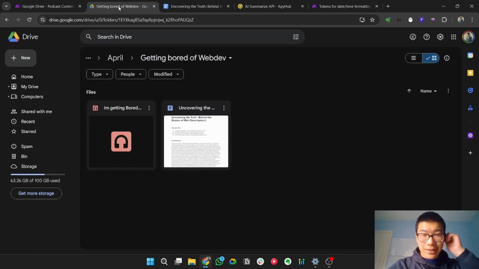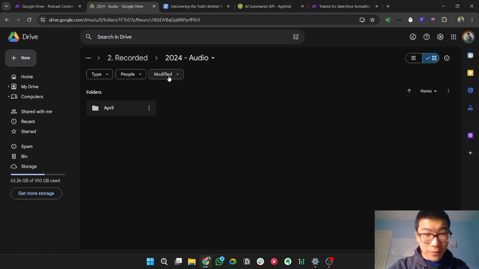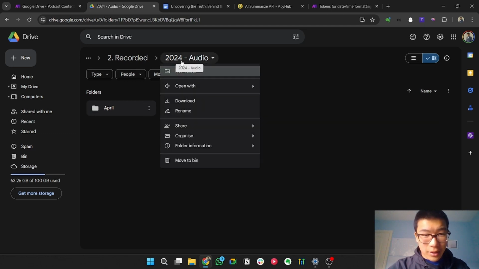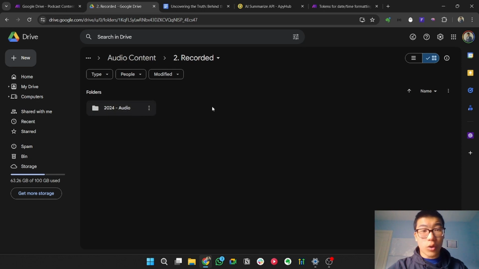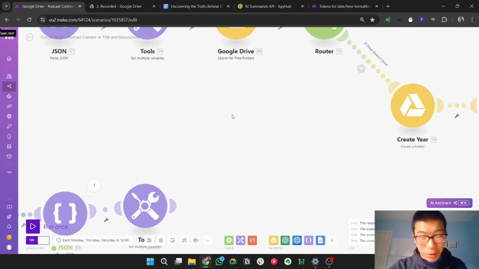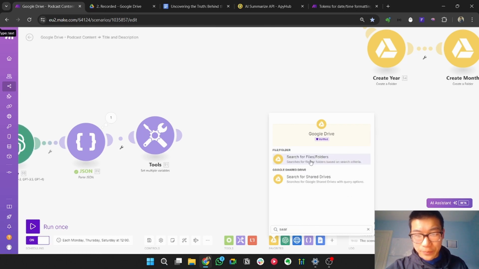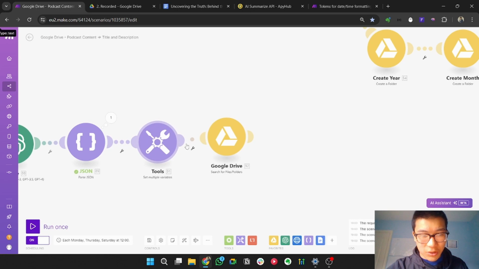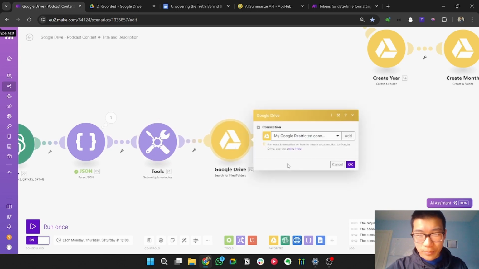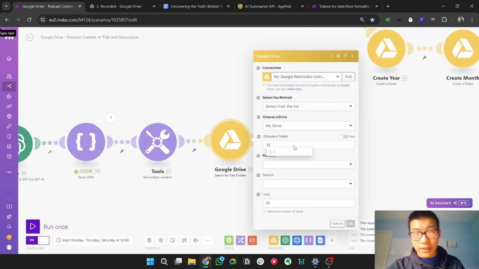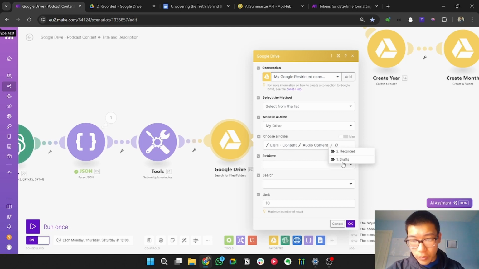The reason we do this is we're initially looking for the 2024 audio, right? Inside, wait, recorded. Yeah, so recorded 2024 audio just to see if the folder exists. Obviously, it probably will because you only have to do it once a year. But you want to build these things to last. So search for folders. Also, the fact it's not straight is kind of annoying, but whatever. So you want to search inside the Liam's content, so whatever your content folder is, because I have a few content pieces inside. And then you do the, well, audio content for me, and then inside the recorded. So recorded will come up.